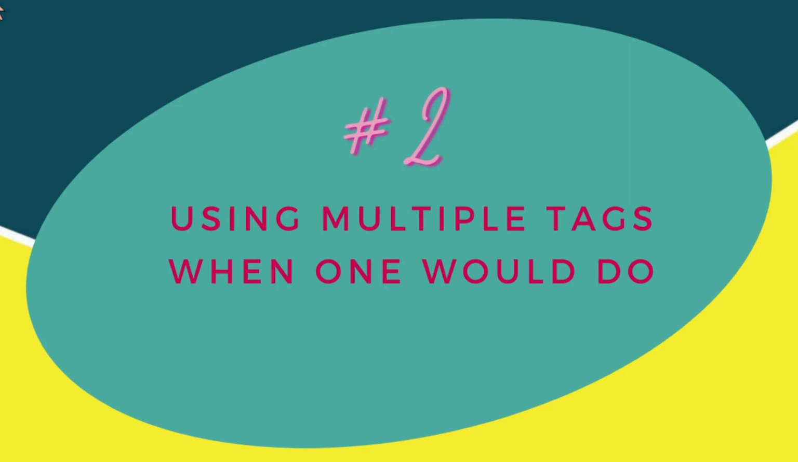Number two is using multiple tags when one tag would do. Fewer tags in your container makes for a more streamlined container that's easier to maintain. So situations where you can use one tag to track multiple website actions when there are variations on the same kind of action. For example, downloading several PDFs or clicking on various email address links, or perhaps clicking on various sales pages. So what you need to do here is set up a trigger that fires for all of the